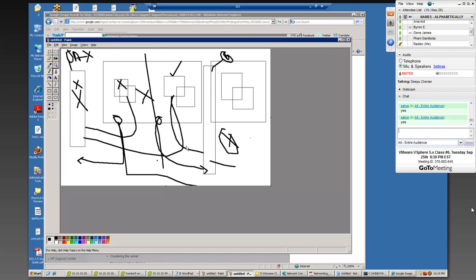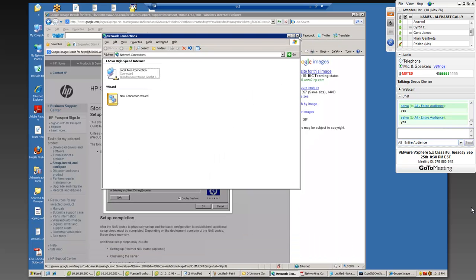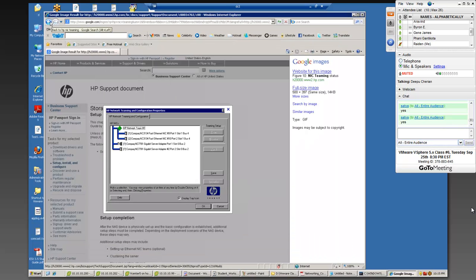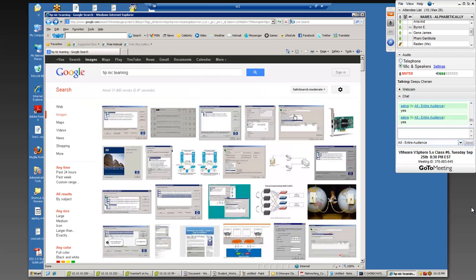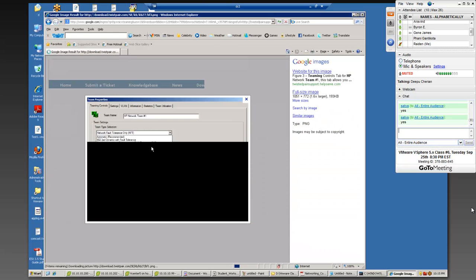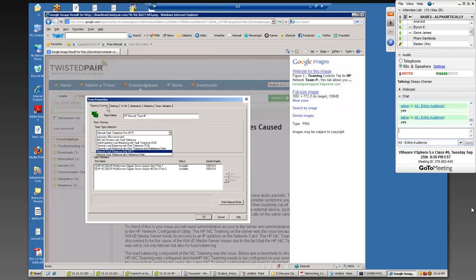Okay, so that is all teaming. That is talking about the real physical world. If you go to the properties here, this is actually the NIC teaming properties. When you have these two NICs together, I'm on a different tab of the HP network team. There are different network fault tolerance types. You can see NFT, automatic, switched load balancing, TLB and SLB: transmit load balancing, switched load balancing, NFT. These are all different types of